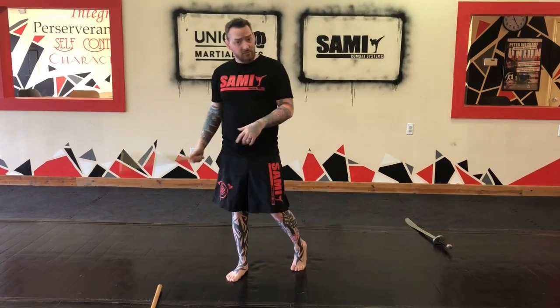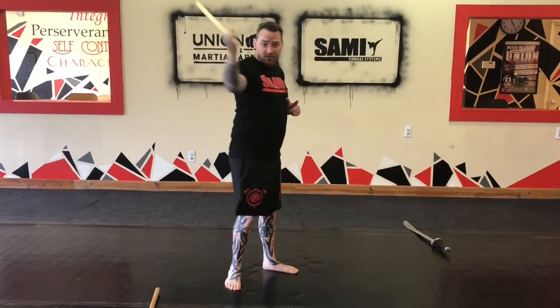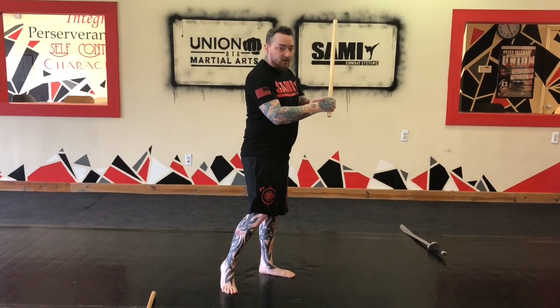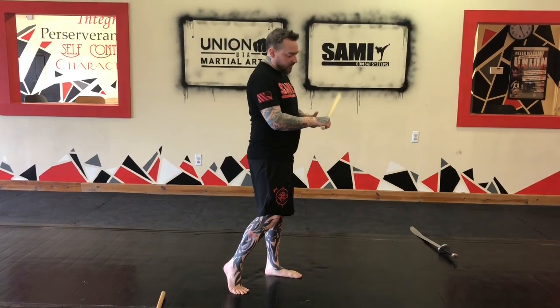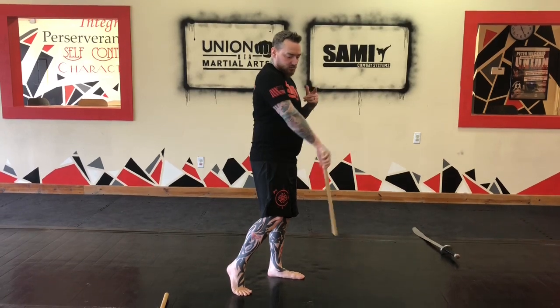Now, instead of doing the same side redondo, I could also do a diagonal or opposite side redondo, which means basically from here, it looks like I'm cutting an angle 10, right, across. I cut that 10, and now as I rotate my body, I'm using the back of my hand. So if you remember in the other escrima video, we talked about how as if this was a blade that I cut with the blade. This is one of the situations where I would use the flat of it, if you can see the back of my hand here, to finish my circle. Okay, so I can cut that angle,